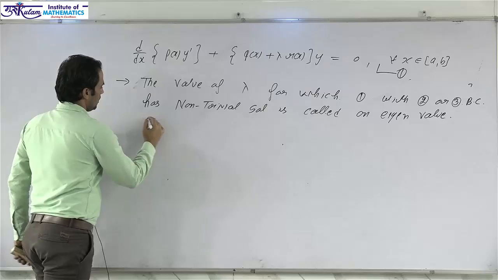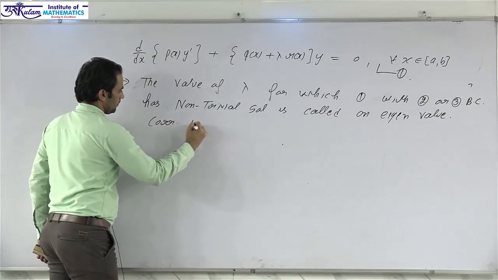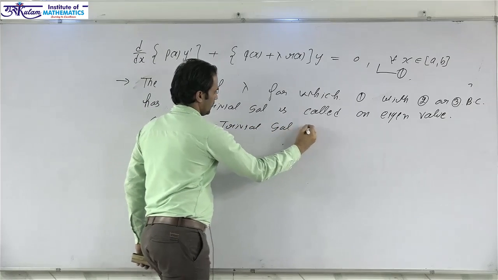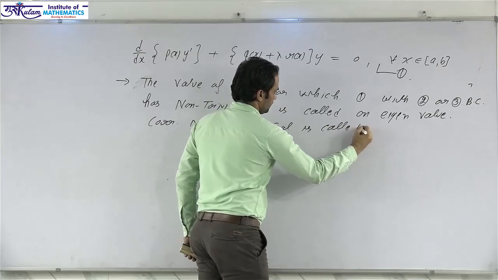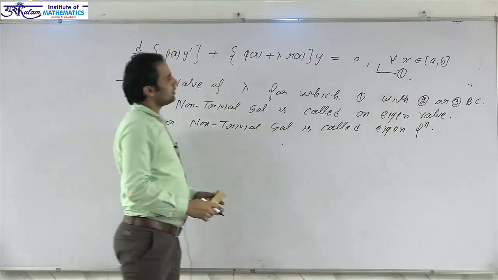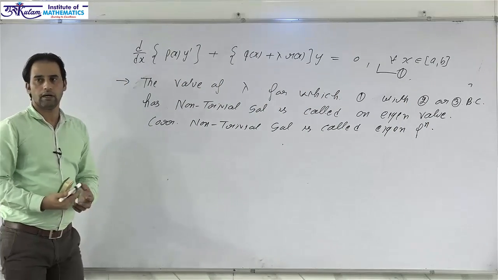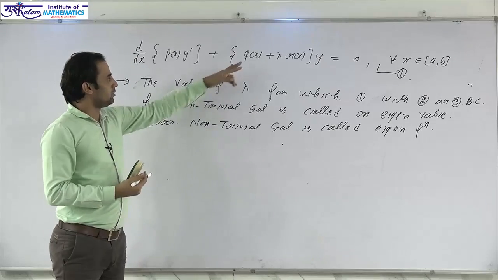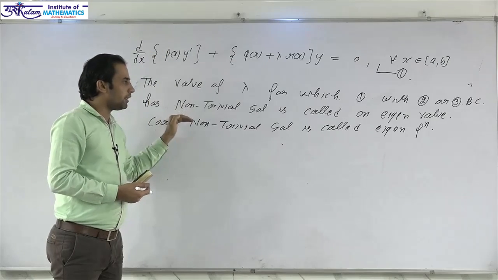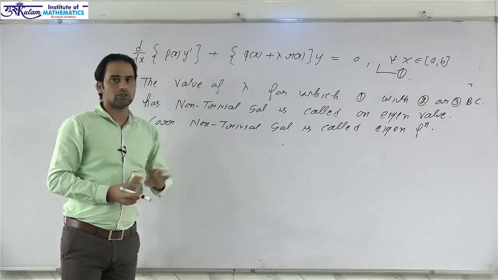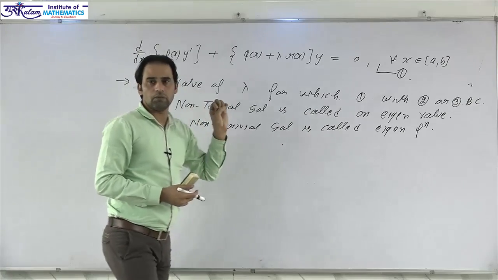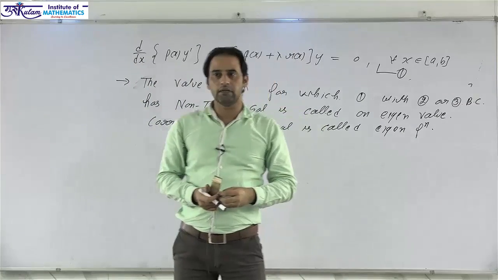And corresponding non-trivial solution is called eigenfunction. So this is the definition for eigenvalue and eigenfunction. That is, the values of lambda for which this equation has a non-trivial solution are called eigenvalues, and the corresponding non-trivial solution is called an eigenfunction. And based on the classification of the boundary value problem, there are some properties on eigenvalues and